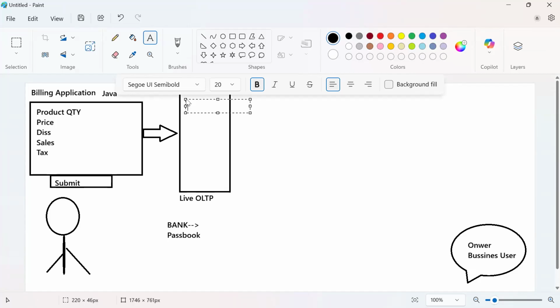The moment transactions happen, credited or deposited, they maintain an Excel sheet in their systems. Once 5 o'clock is complete and the bank is closed, they update the live server. Next day, you need to take your passbook and update it.